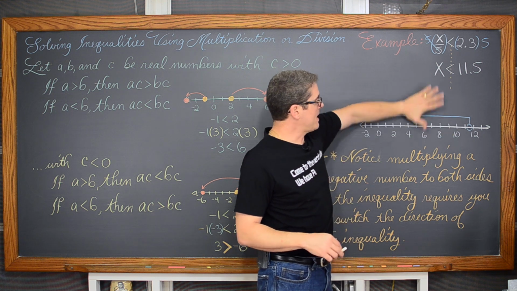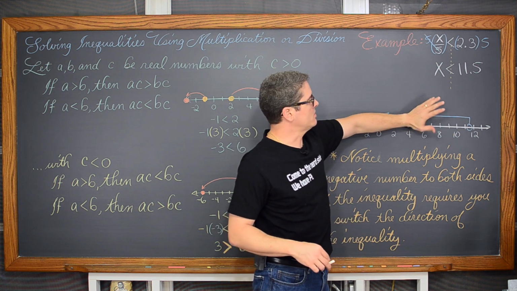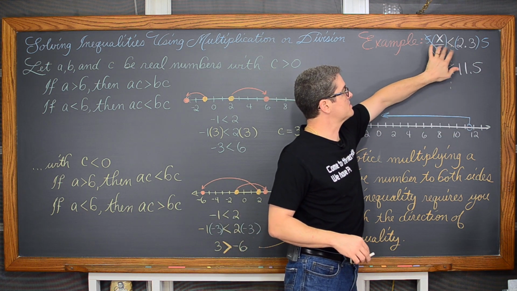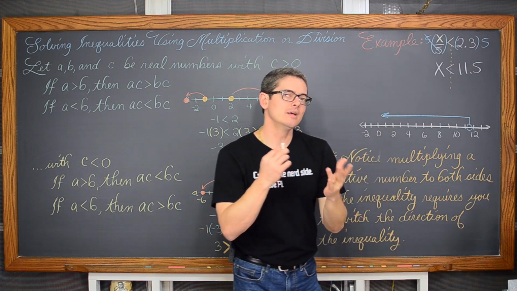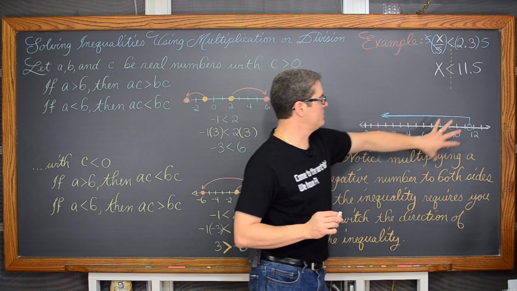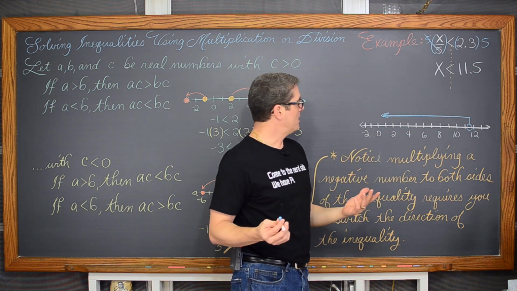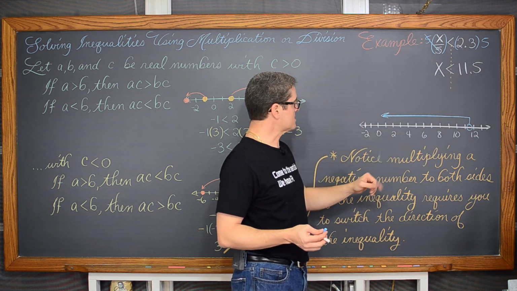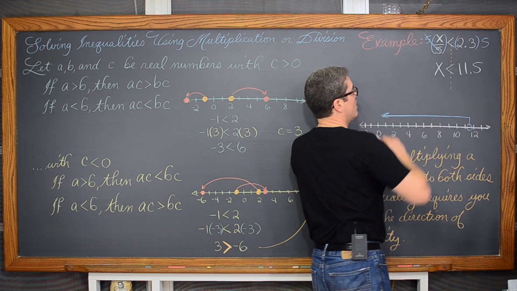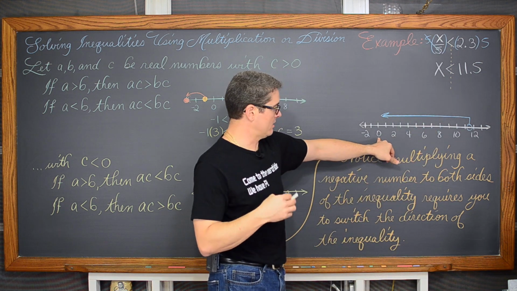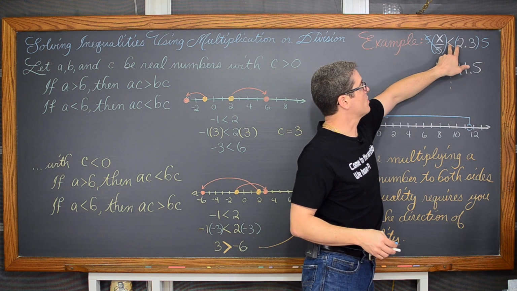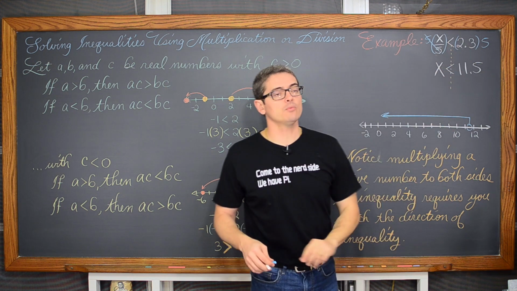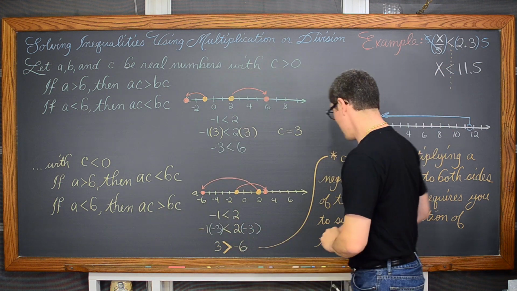And if you want to check this answer, you can put 11.5 into this inequality and make sure that 11.5 makes the two sides match, just checking that critical value. And then if you shade to the left, you can put any number on the left-hand side into our original inequality, and it should give you a true statement. We've shaded towards 0. 0 divided by 5 is 0, and that is, of course, less than 2.3. So our answer checks out.